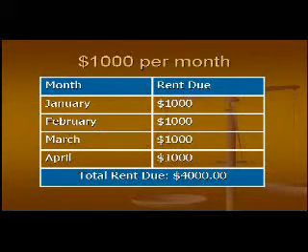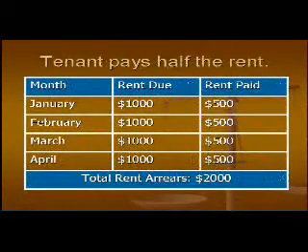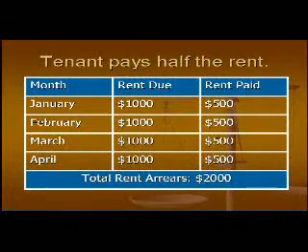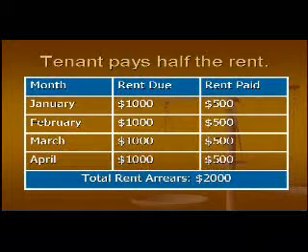Well, let's make this a little more complicated. What if you are in a dispute with your landlord, and instead of paying the full $1,000 a month, you paid half of the rent? So at the end of 4 months, obviously, you do not owe $4,000, you owe $2,000. As a result, the landlord in April sends you a 3-day notice and accurately demands $2,000. But in his breakdown, he claims that the $2,000 reflects the entire March and April